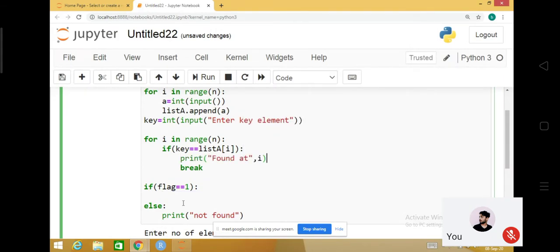But what about the else part? What about the not found part? That's my question. The not found part will be the else part only, not in the for part. I think I'm saying that it should not be in the loop actually. So what should I write?